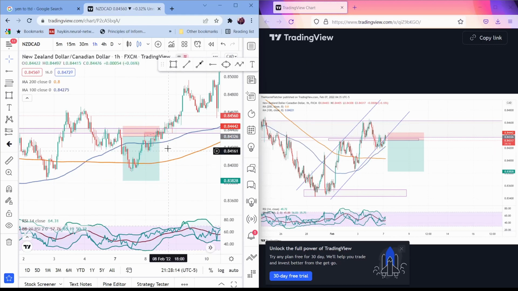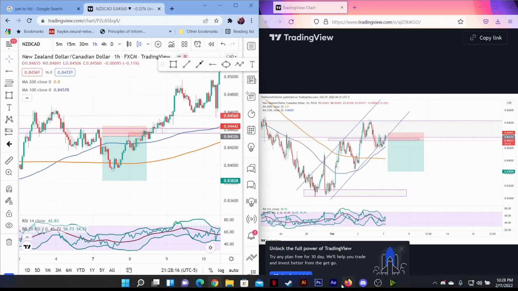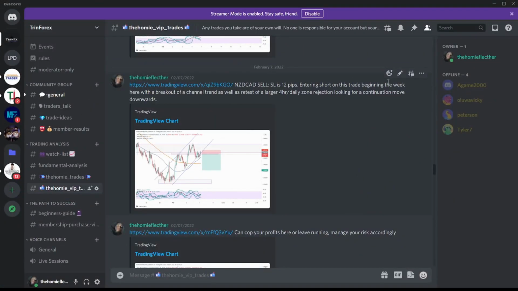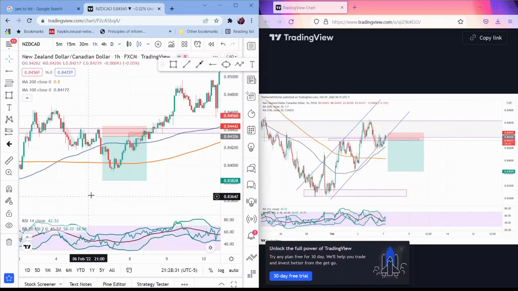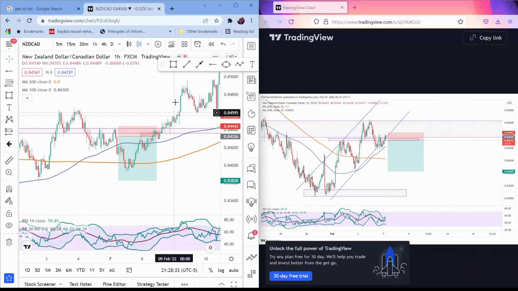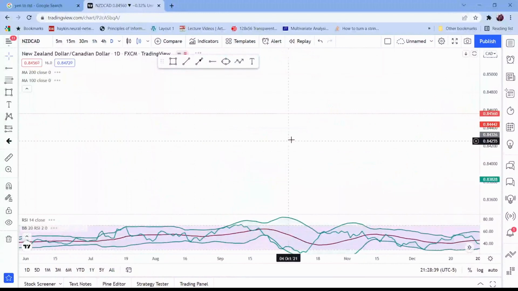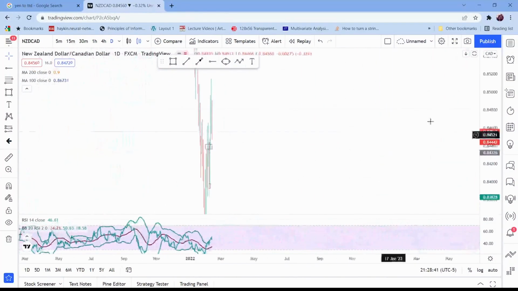This is NZD CAD. So like I said, what I was looking at particularly for NZD CAD, right, entered short with the beginning of the week for a breakout of the channel trend, as well as a retest of larger 4-hour daily zone rejection, looking for a continuation of that move, right? And you see we did get that continuation down here into around this level, right? If we're looking back on daily, right, what I'm talking about,